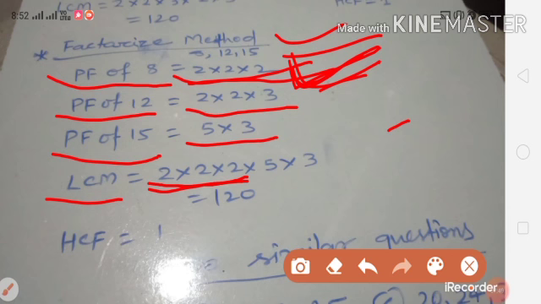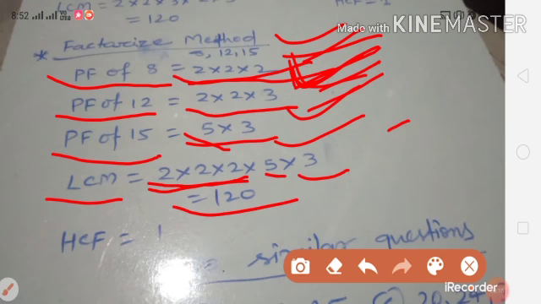Go for the next number, that is 3. 3 is here 1, here 1. So in the maximum you will find 3 only once, so we write 1 time 3. Now go ahead for 5. 5 is also only once. Here is no 5, here is no 5, only in the prime factors of 15. So we write 1 time 5. If we multiply all this, we find 120.